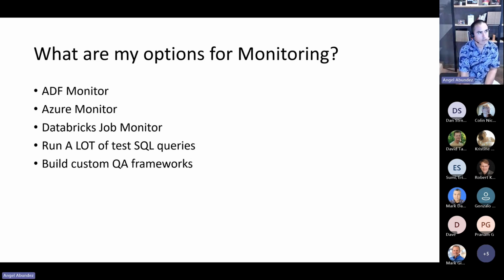While these do serve a purpose, I'm not going to talk so much about them because there's a lot of flavors of these, and in the end, I think what I'm going to show you is, without getting into monitoring of the data at the